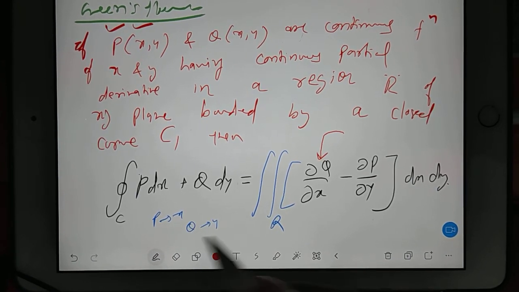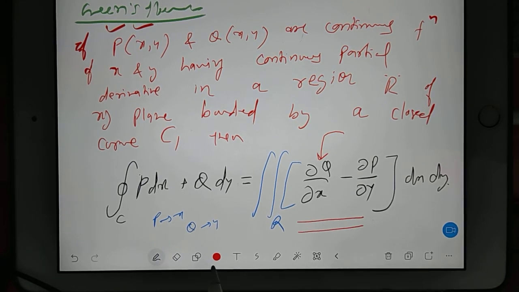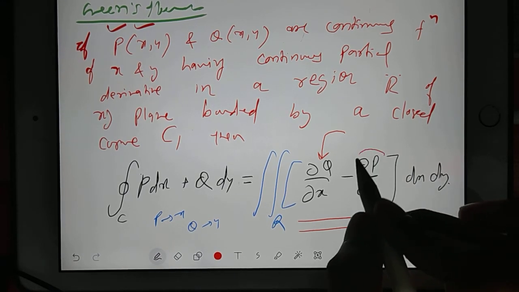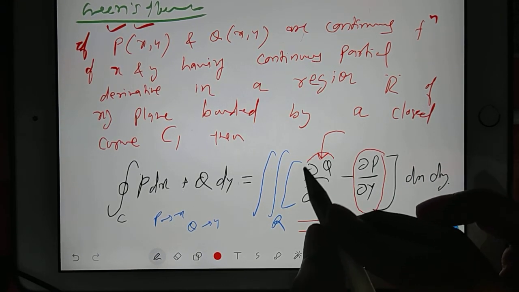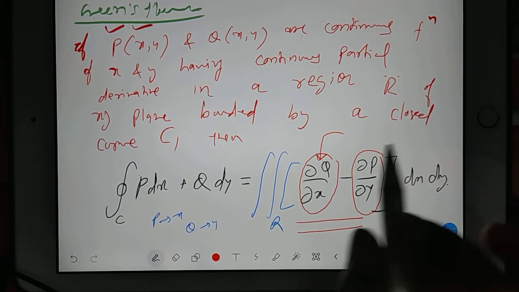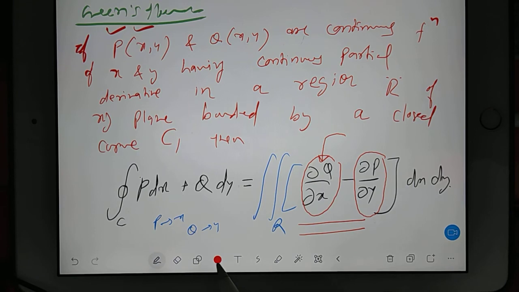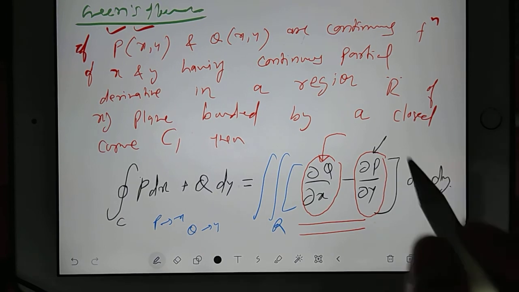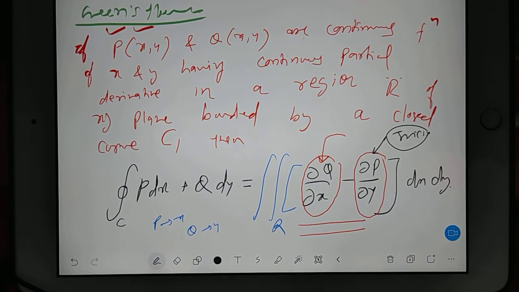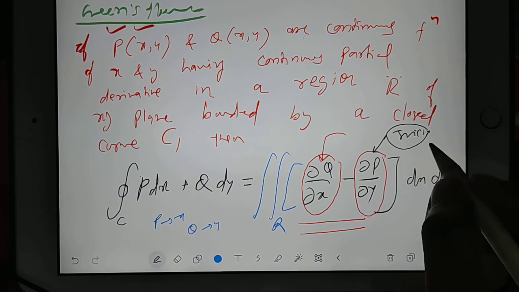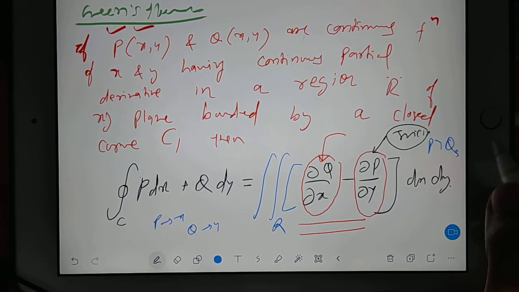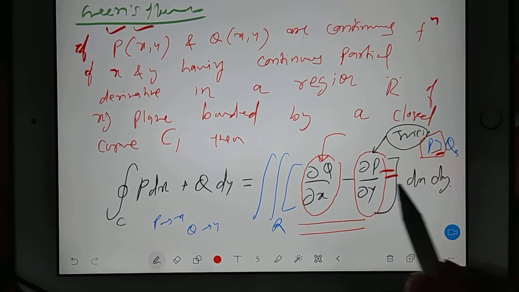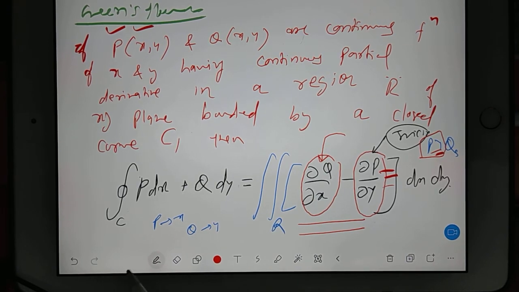And when you are writing the differential, in the second part it looks like this. So here you have to be very careful how ∂P/∂y is together and ∂Q/∂x is together. Now for this I have a trick. How do you remember? P comes with y. So you remember we used to say PYQs, right? Previous year questions. So P comes with y, so ∂P/∂y in Green's theorem.